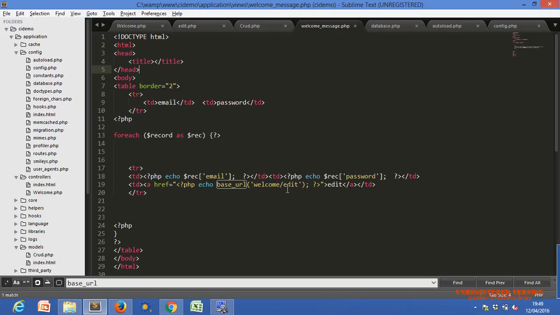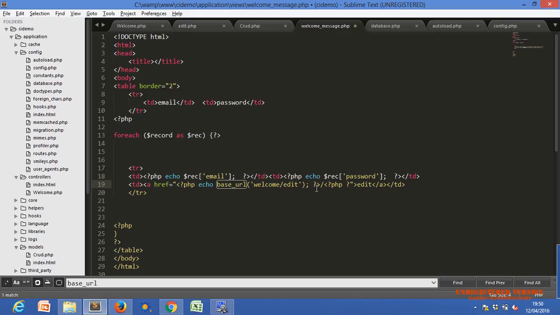This is the base URL. I have to pass that particular ID also.